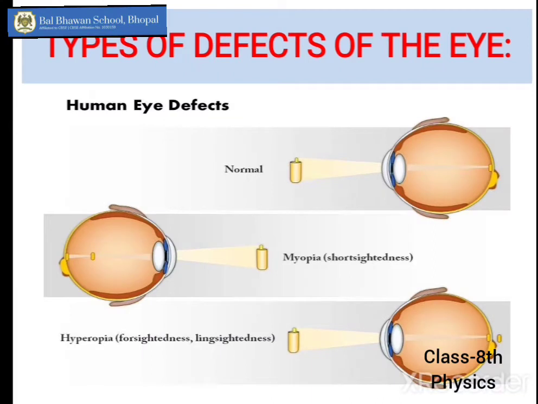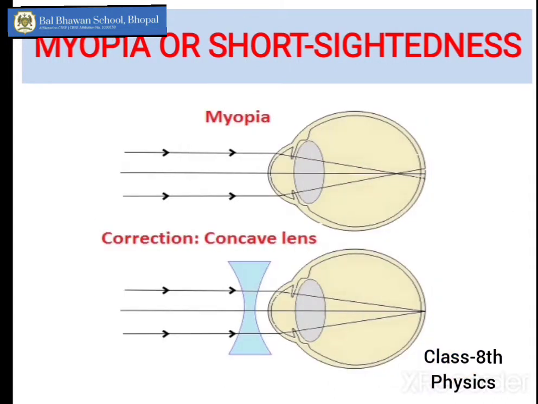So these are the two types of defects, basically short-sightedness or myopia and long-sightedness or hypermetropia. As you can see in the picture, in a myopic eye, the image which has to form on the retina is formed somewhere before the retina, not on the retina. This can be corrected by using a concave lens of appropriate focal length, when normal vision can be restored. A myopic eye is very easily able to decipher all what is nearer. That means all the nearby objects can be seen clearly, but the far away objects appear blurred. By using a concave lens, this defect can be cured.